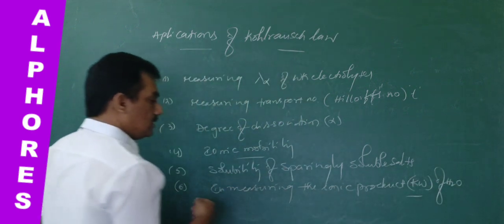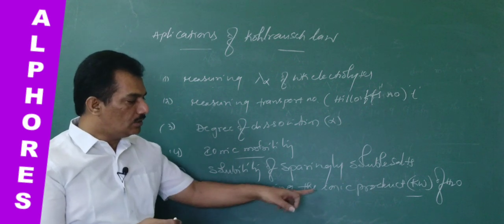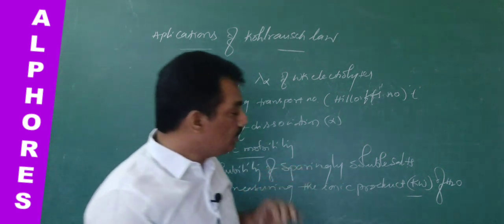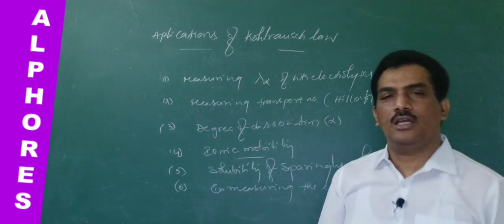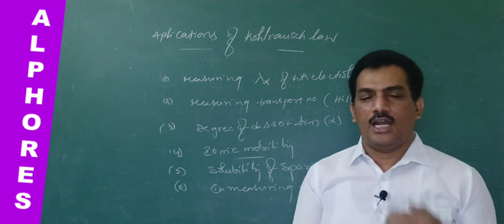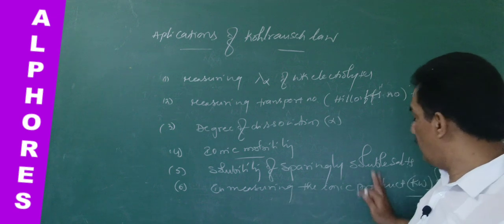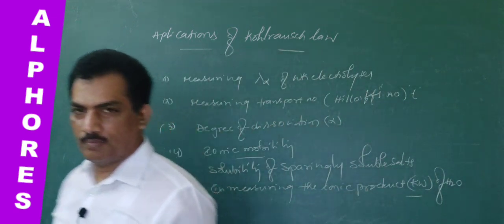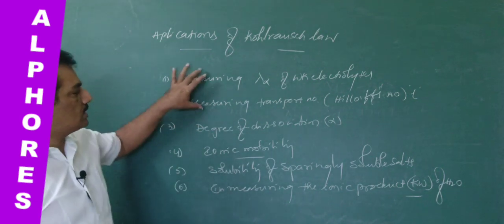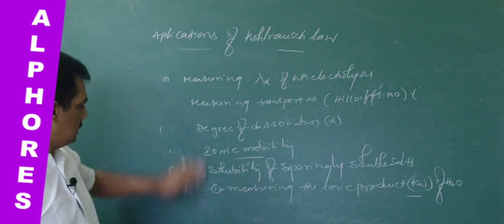Already in our junior inter or 11th class, you had some discussion about this ionic product Kw, and that Kw value at room temperature is fixed. If you recollect, Kw is 10 to the power of minus 14. It is only temperature dependent. Here we have the chance to prove how it is 10 to the power of minus 14 at room temperature. These discussions we will do in coming sessions, and in this session let us complete these two simply. Clear?